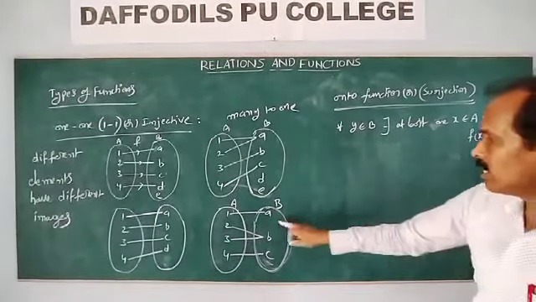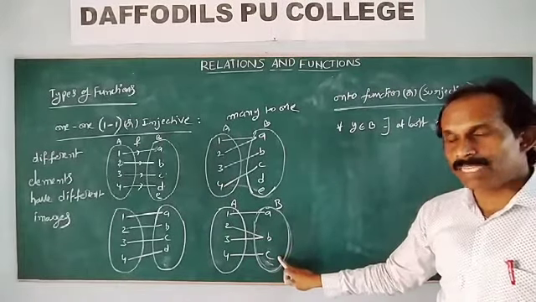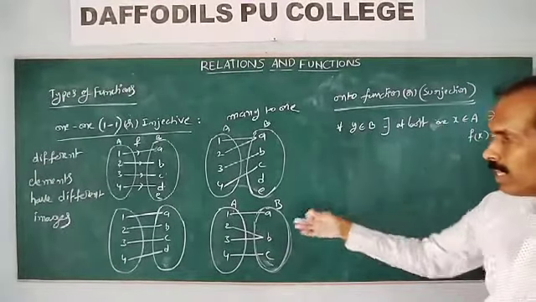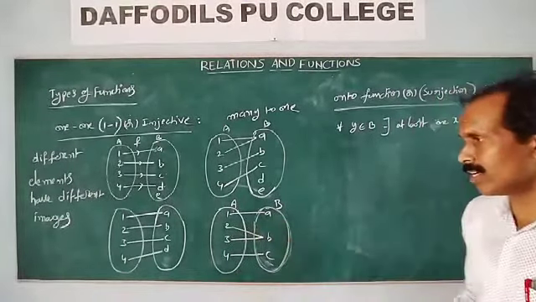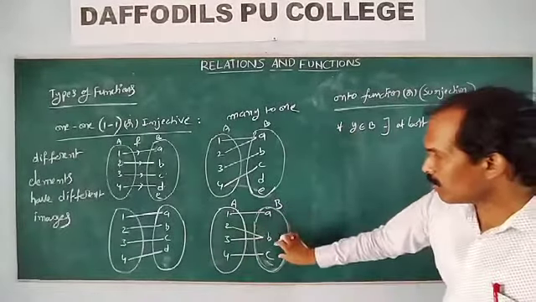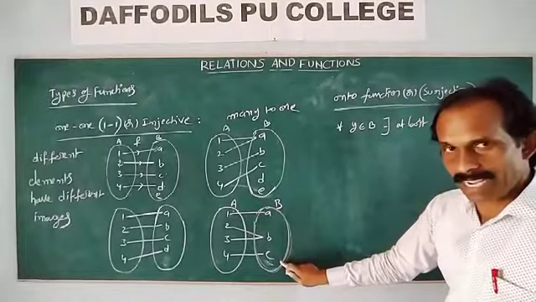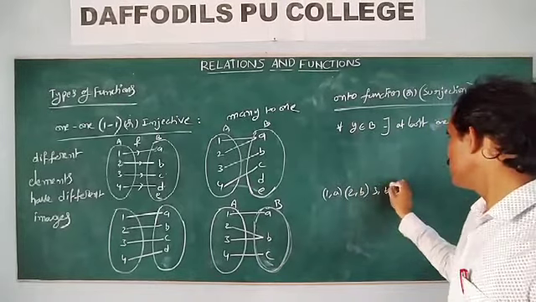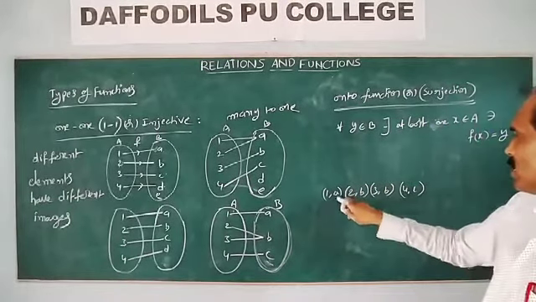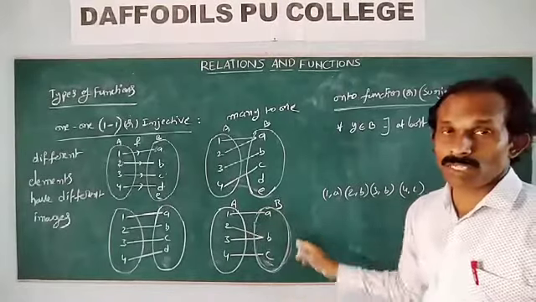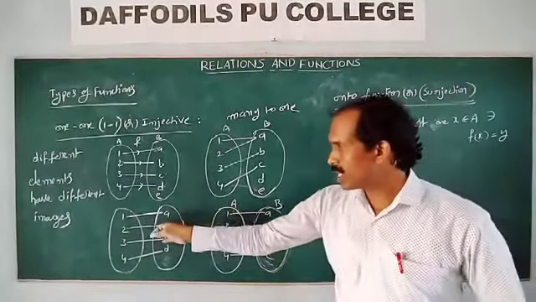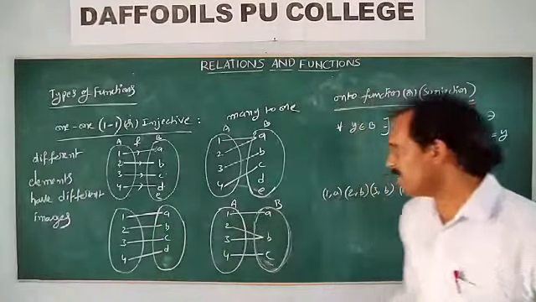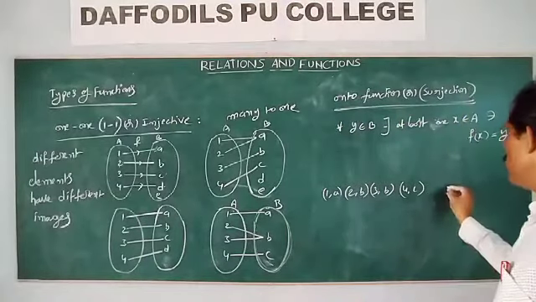And one more thing here: A, B, C are called images, and also A, B, C are called range. By the definition of the onto function, looking at this diagram, all these elements belong to B, and A, B, C are the range. 1 maps to A, 2 to B, 3 to B, 4 to C. What is the range? A, B, C. What are the codomain elements? A, B, C. In this one, what is the range? A, B, C, D. What are the codomain elements? That only. What do you understand from these two diagrams?